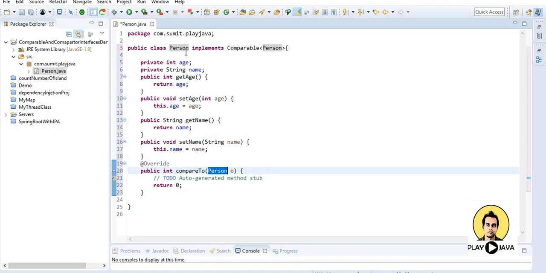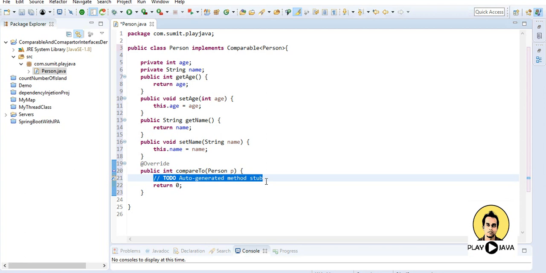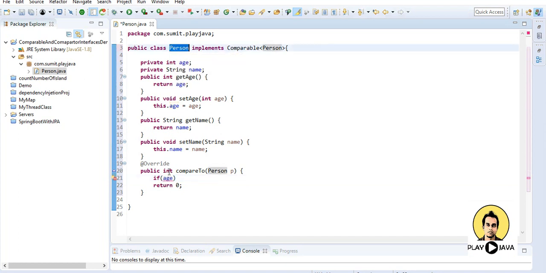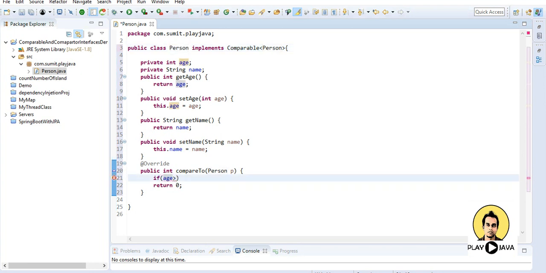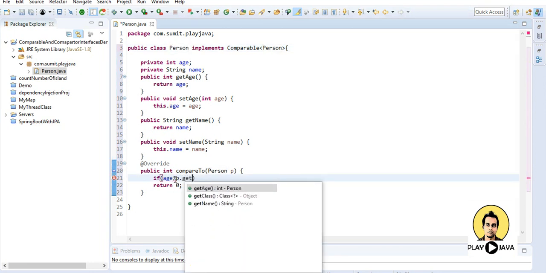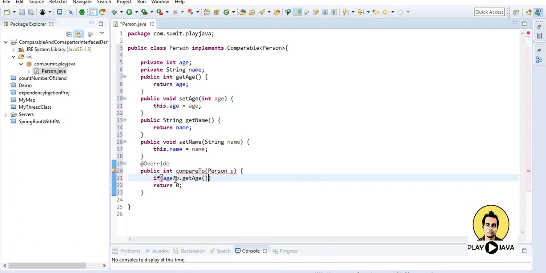So I will be sorting the data here only. Name it as p, and what I will do here is compare: if age, that is the age of this object of this class, is greater than p.getAge, where p is a person which I am passing from another method, then return 1, any positive number you can return, just go for 1 only.